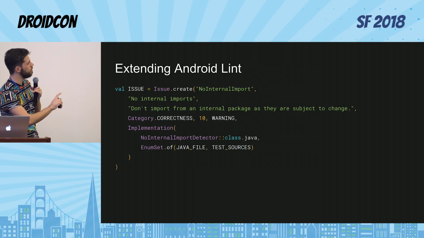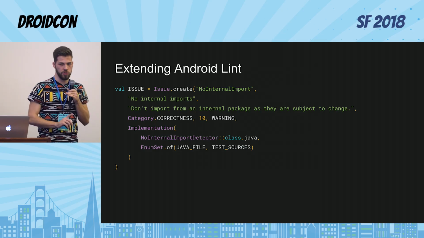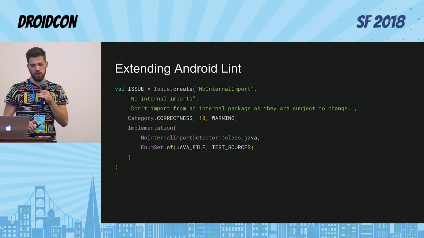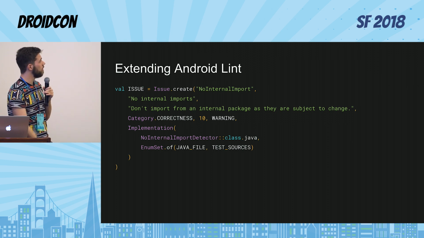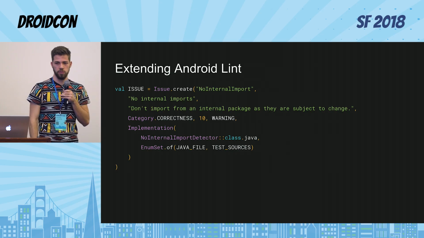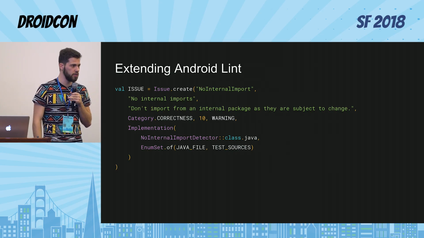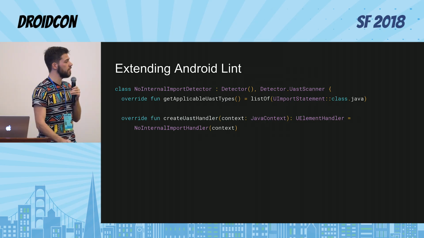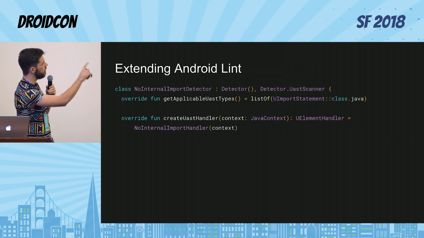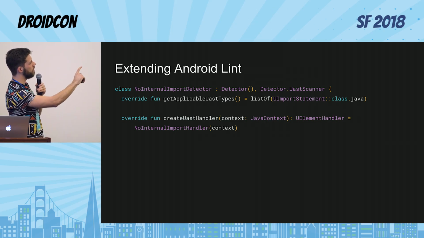Java file, the name doesn't imply that it's only for Java, it's also for Kotlin. It's just that with Android Studio 3.0 and Gradle plugin, they added Kotlin support, and this hasn't gotten a rename yet, but it's supporting both Kotlin and Java. So the detector, we basically extend from the detector class, and we're telling it, okay, we're also implementing the UAST